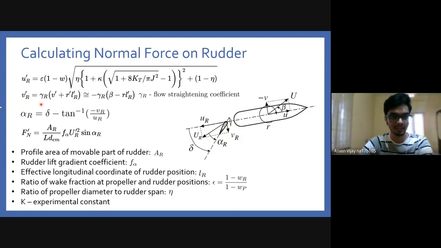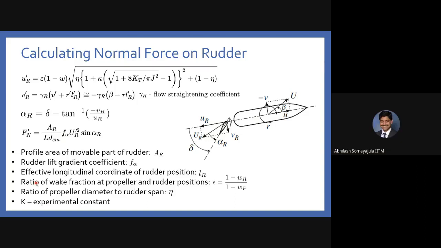And VR is also an approximation using a flow straightening coefficient gamma R, which is a function of the drift angle as well as the non-dimensional R and LR. Here LR is the effective longitudinal position of the rudder. That means from midship, LR is the distance between the midship and the rudder position, which is again non-dimensionalized by the total length, L. Now,